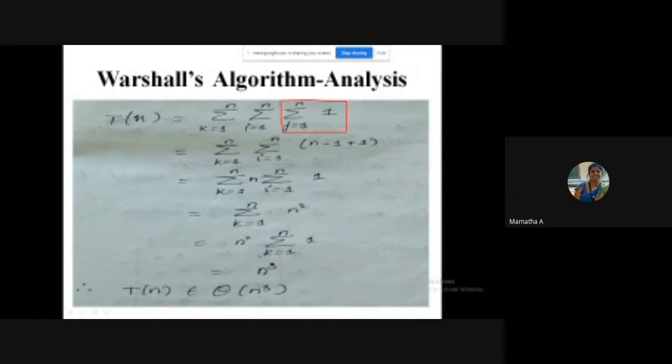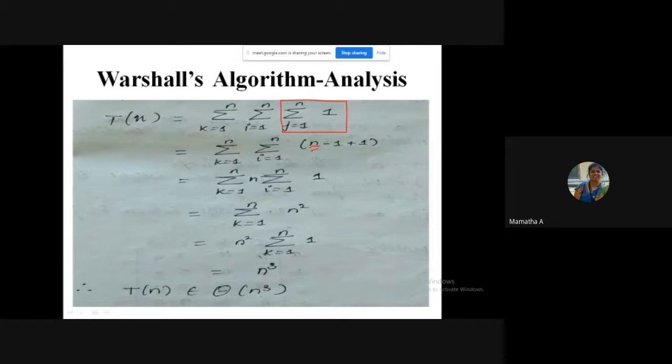Students? Upper bound minus lower bound plus 1, ma'am. Okay. So n minus 1 plus 1: upper bound minus lower bound plus 1. n minus 1 plus 1 will give me n. Isn't it? And since the summation variable is i, I can treat n as a constant. To take out the n as a constant, again write i equals 1 to n with 1.